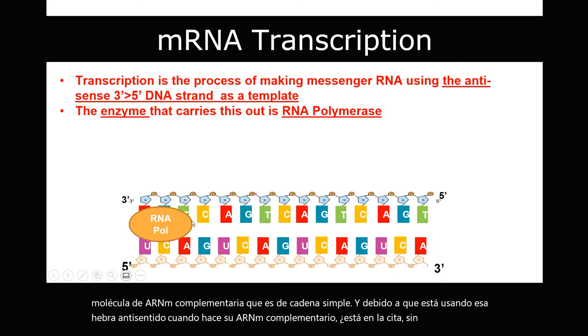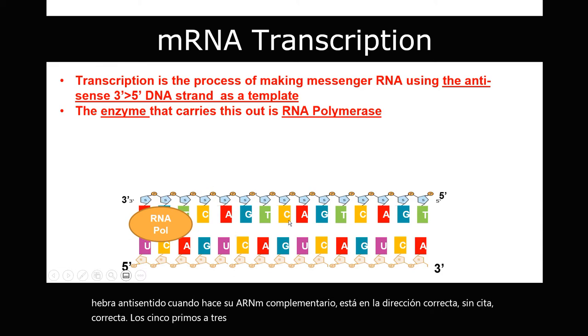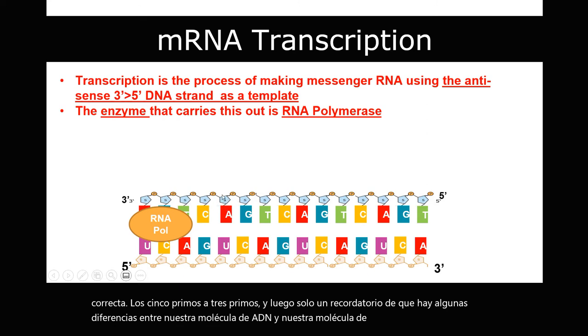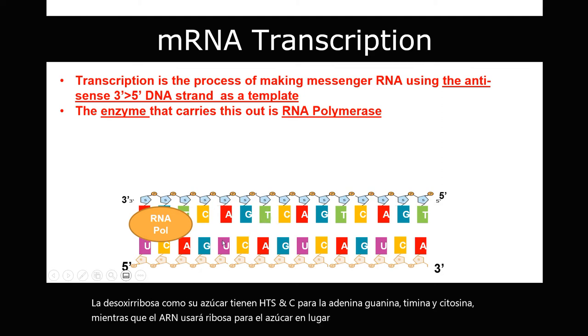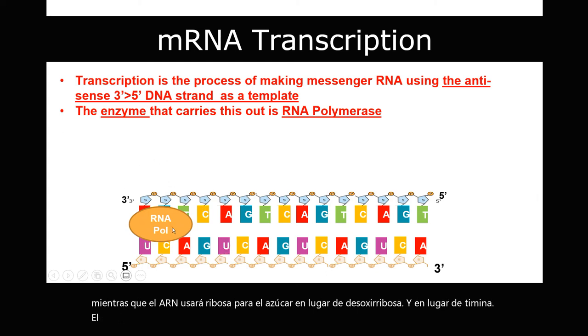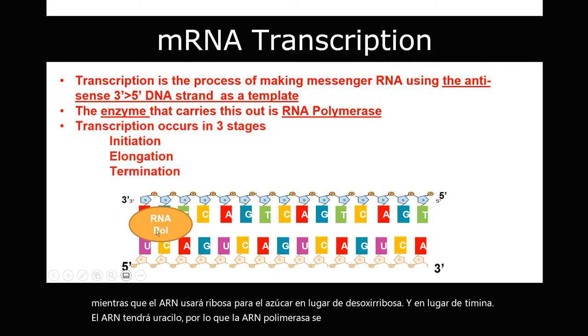the 5' to 3'. And then just a reminder that there are some differences between our DNA molecule and our RNA molecule. The nucleotides in DNA, reminder, have deoxyribose as their sugar. They have A's, G's, T's, and C's for the adenine, guanine, thymine, and cytosine, whereas RNA will use ribose for the sugar instead of deoxyribose, and instead of thymine, the RNA will have uracil. So RNA polymerase is going to come along and polymerize, make that RNA polymer using that antisense DNA